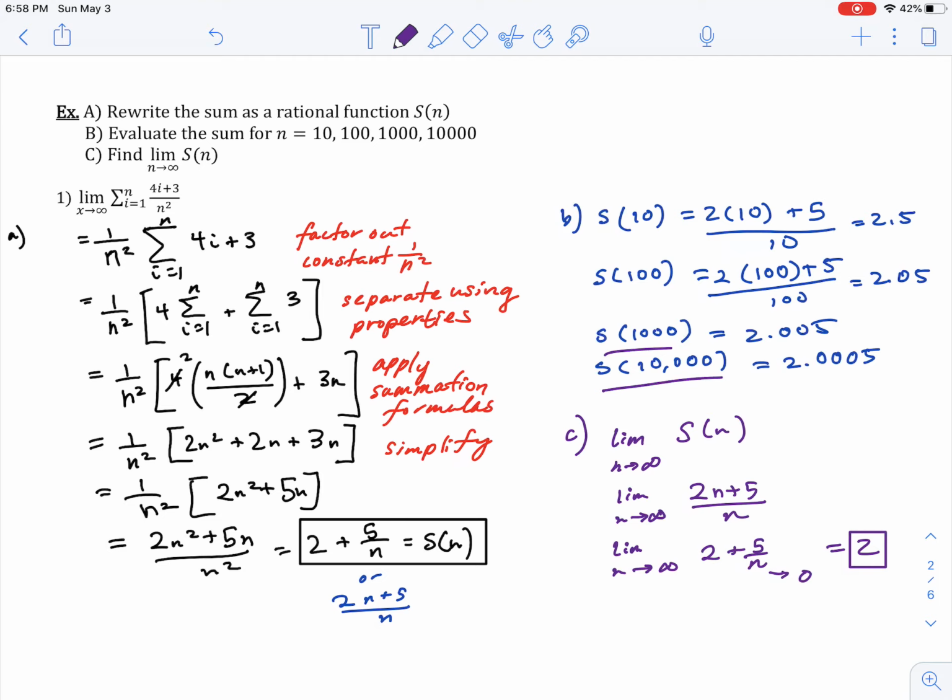Well, what would the sum of an infinite number of terms look like? It would be 2. And we can intuitively see that by what's going on with the sums that we found in part B. We can see that they are approaching the value of 2. It goes from 2.5 down to 2.0005. So the limit of this function is 2 as n approaches infinity. So hopefully that makes sense, and I will go ahead and work out the next problem on the back, and you can just go ahead and check your answers on my completed note sheet. And next, we'll then use this idea of the limit of a summation